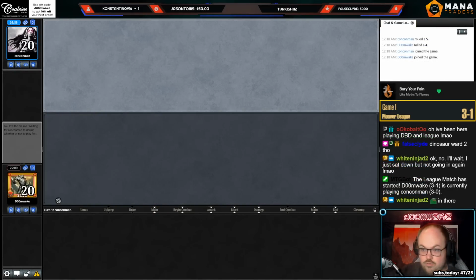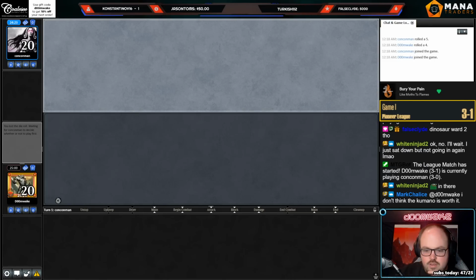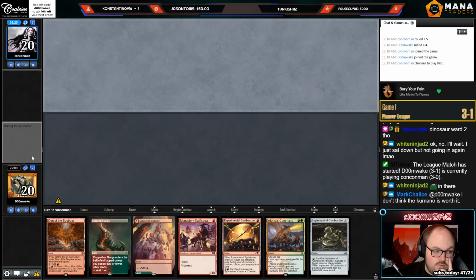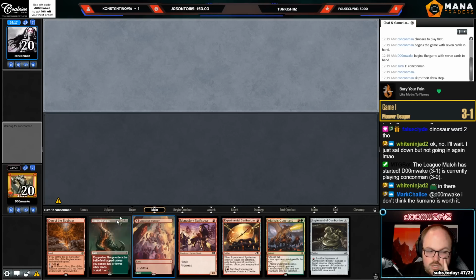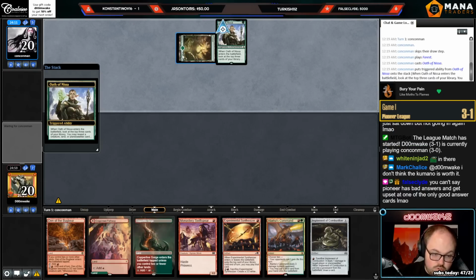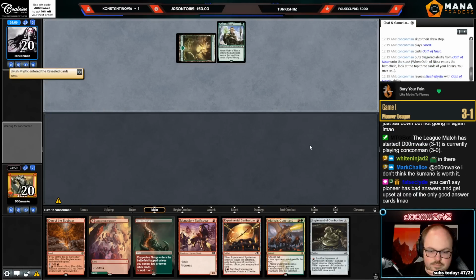There's a reason they don't print that card in Standard anymore. I mean, Pioneer power level is a little bit different, but I don't think Kumano's worth it. I was thinking that too. I think Kumano might be the worst card in the deck, which is weird because normally it's one of the better cards in traditional red decks, but I feel like this deck's trying to just do a different thing, you know? Okay, thank you. This matchup is usually pretty good, but...